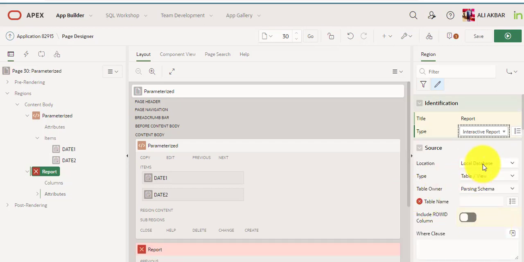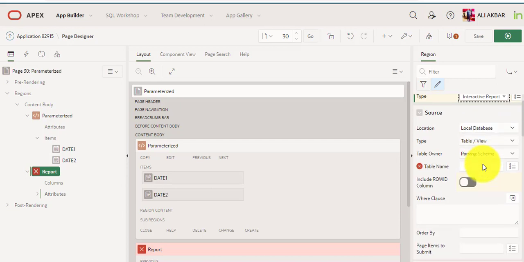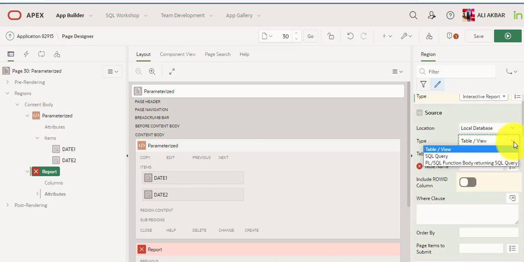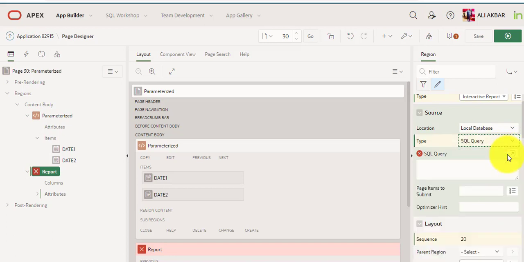When you change from static content to interactive report or classic report, Apex asks you to provide a query, table, or source. I am providing a query. I'm changing from table to SQL query. I'm writing the query here.